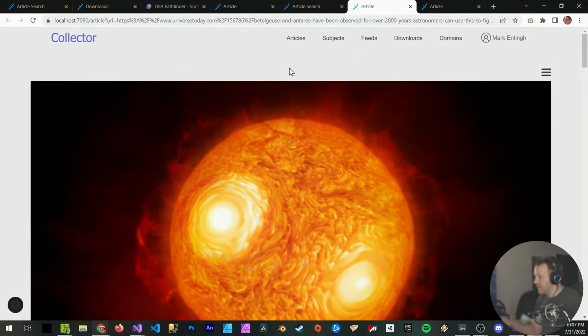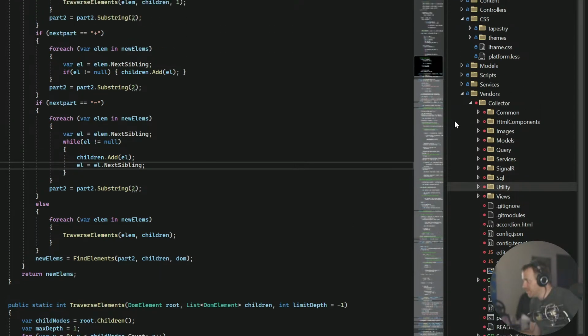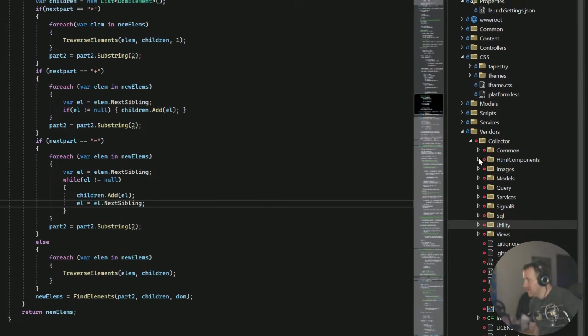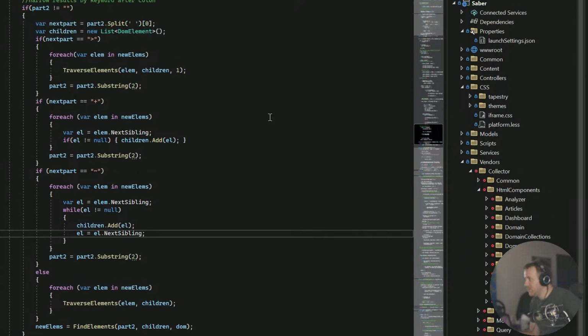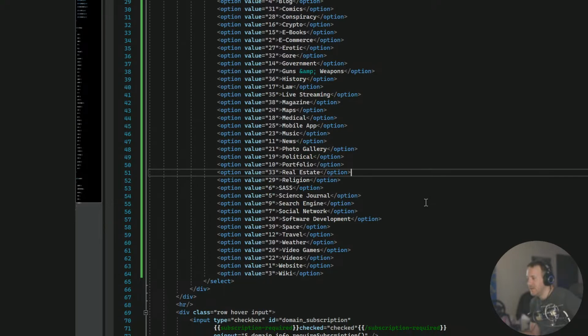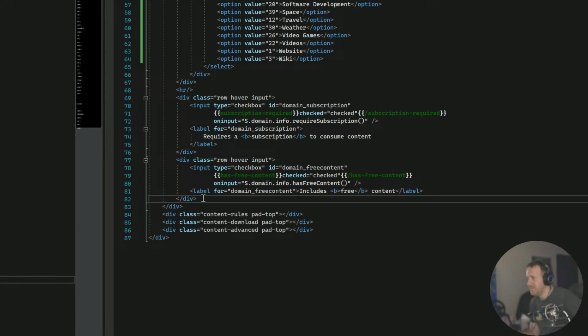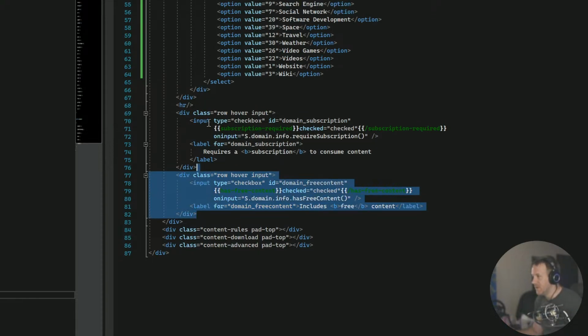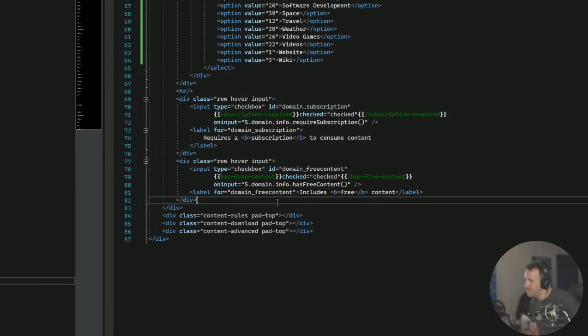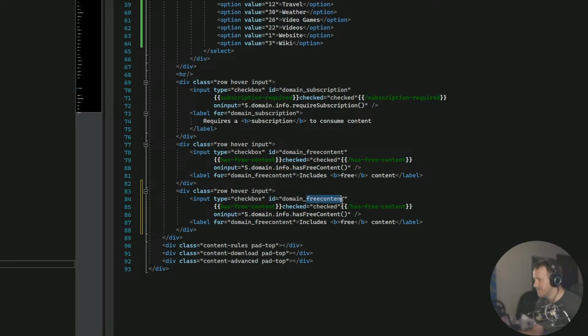Alright, so I just came up with an idea that I'm going to start implementing. It has to do with the domain. So it'll be on the model here. We have these checkboxes, right? And this one will be for just downloading articles, like cleared for downloading articles,